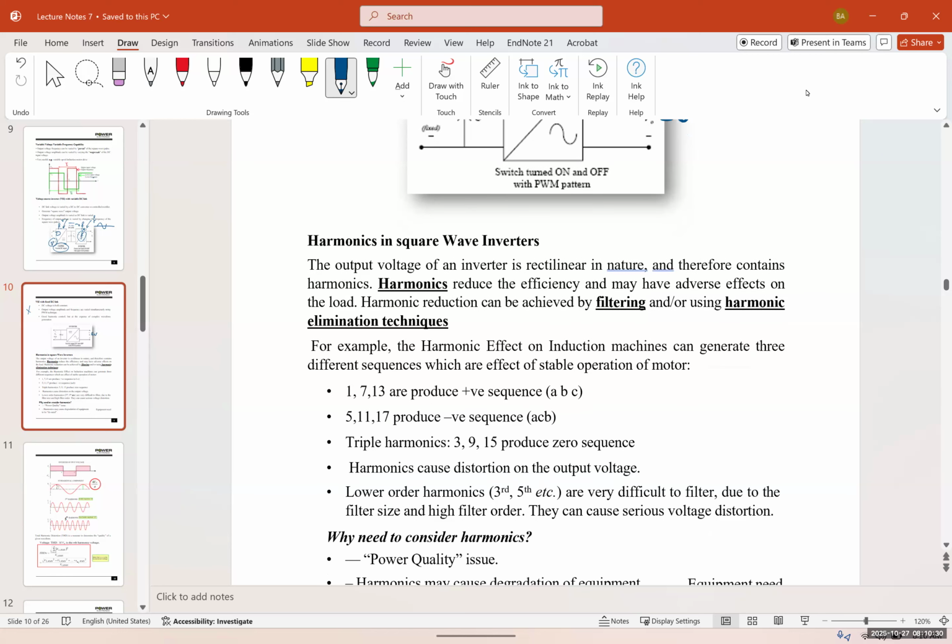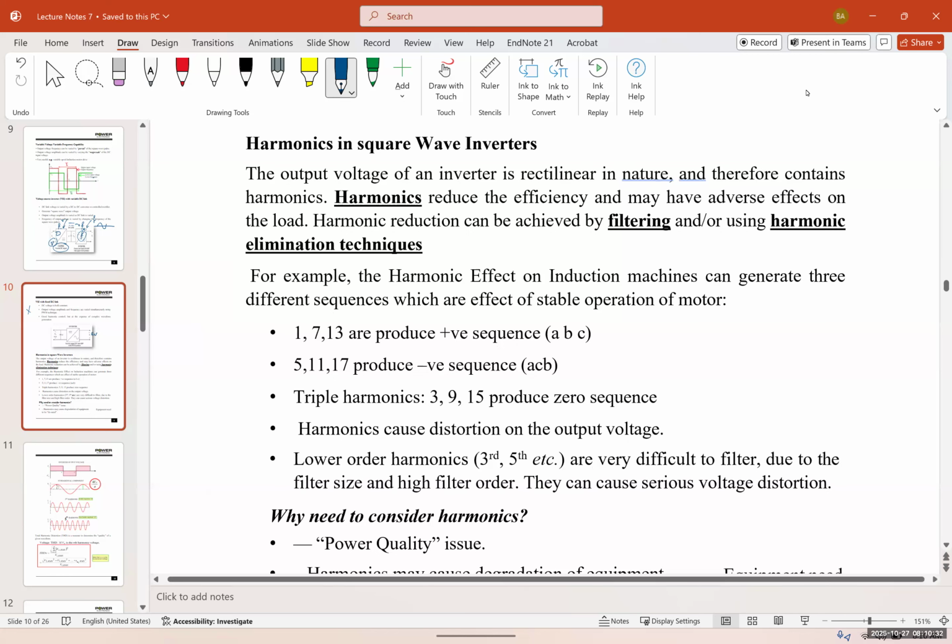The triple harmonics 3, 9, 15 produce zero sequence, and the harmonics cause distortion on the output voltage. The lower harmonics are usually more difficult to eliminate because, first of all, they have a frequency closer to the fundamental frequency, and they have the highest amplitude. Therefore, you need a very large capacitor, inductor,